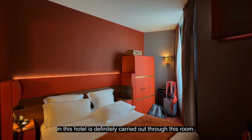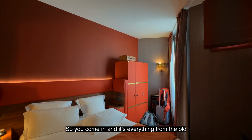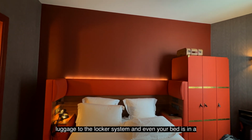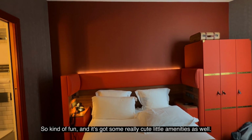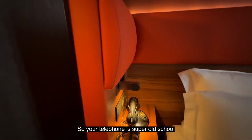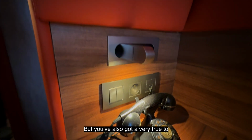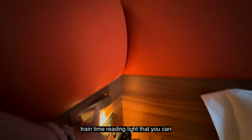The train theme in this hotel is definitely carried out through this room. So you come in and it's everything from the old luggage to the locker system, and even your bed is in what looks like a train cabin. So kind of fun, and it's got some really cute little amenities as well. So your telephone is super old school, but it functions easily, and you simply need to dial 9 to get the front desk. But you've also got a very true to train time reading light